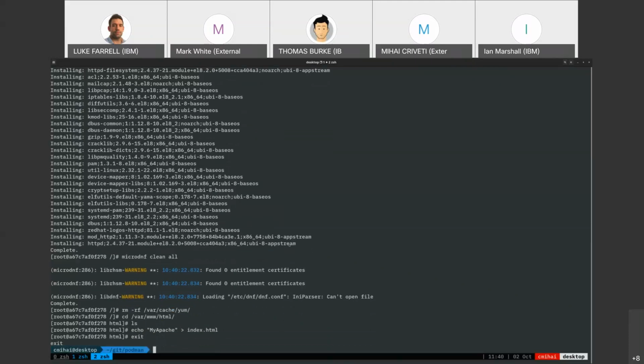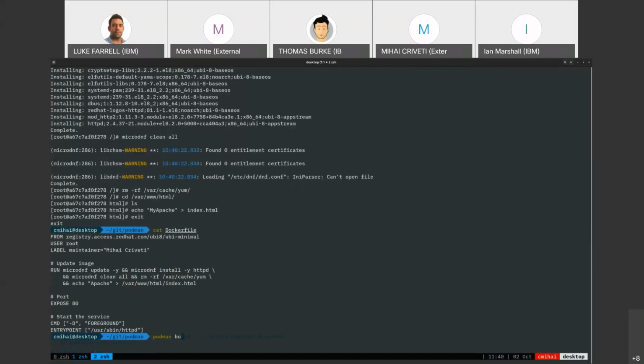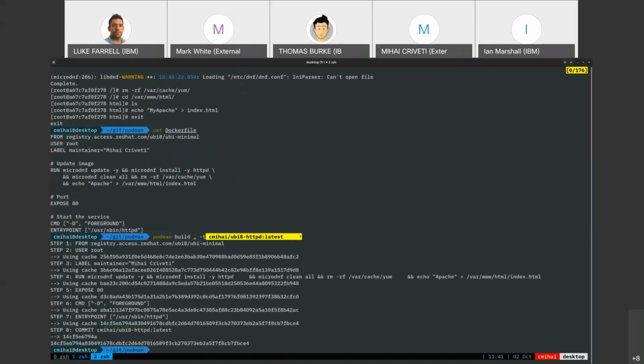Now, I could do the trick that I've showed you, right? So I can do a commit and I can give it an entry point. Or I can build the same image with the same commands that you've seen from a Dockerfile. So I can do podman build -t, and I'm going to build it. And as you can see, I'm tagging it with this tag. The image is now built. And now I'm tagging it with